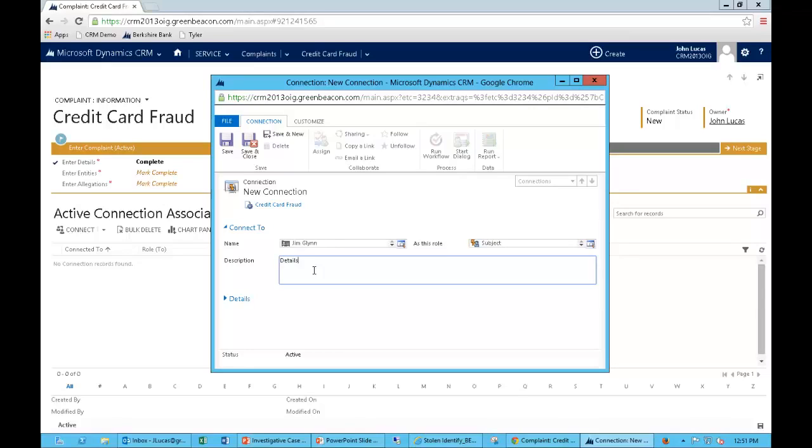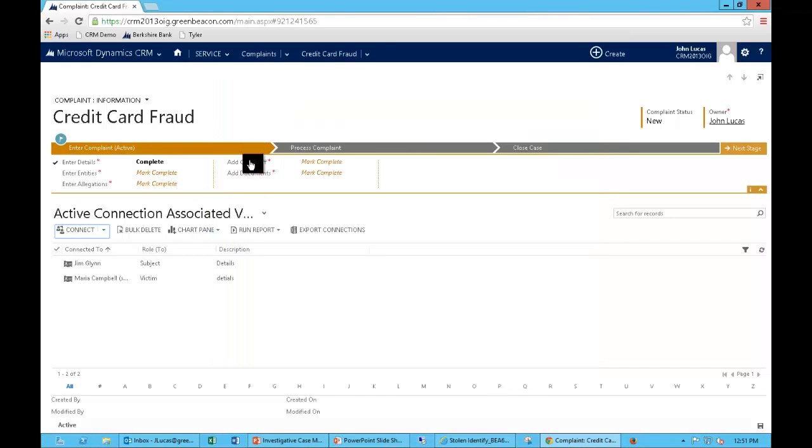And I can again put in any details around Jim. And not only did we have Jim as the subject of the investigation, but we had Maria as the victim. And again, additional details can be added here. Once I've entered my entities, I can mark that as complete and move on to the next stage, which is